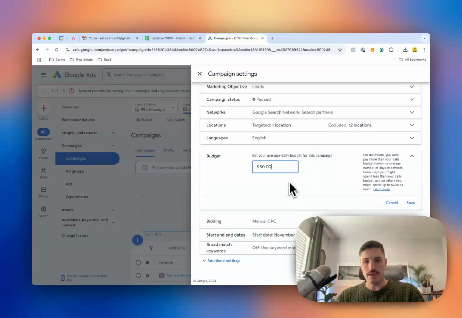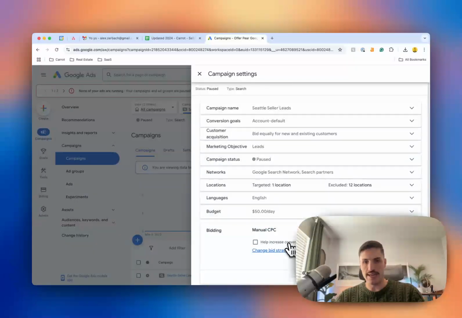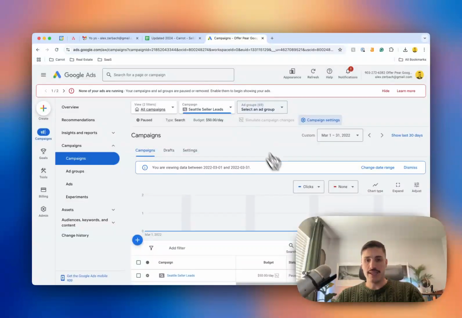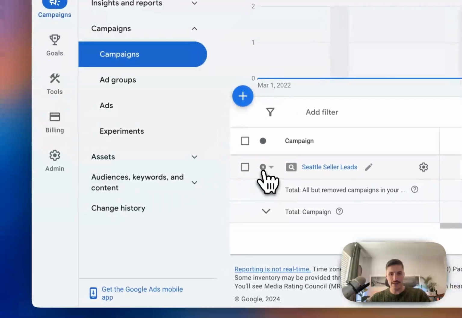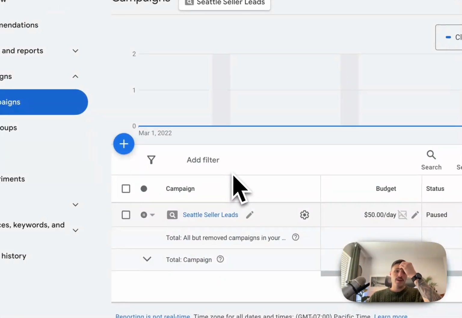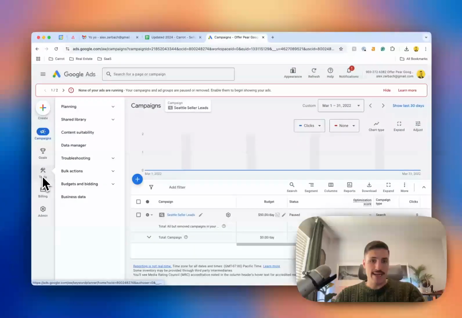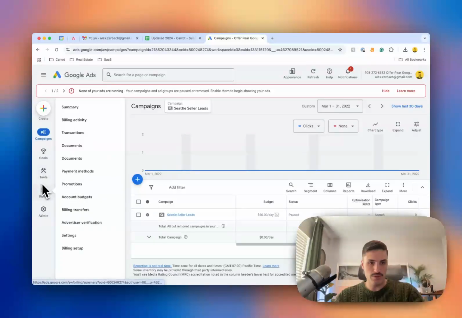Mess with the budget. We do want to leave it as manual CPC, start date. And so this is all looking good. You could technically launch this live right now by just scrolling, let me get my face out of the way, down here and setting it to enable. The biggest thing though to ensure that you have set up is if you go to tools, now my face is in the way the other way, and go to,